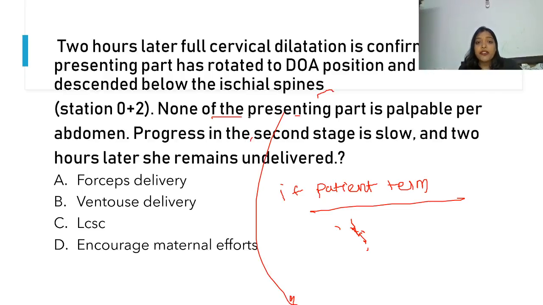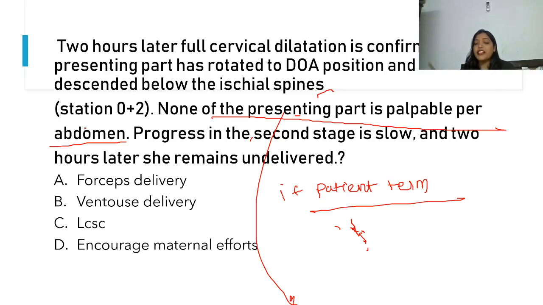Presenting part, none of the presenting parts should be palpable per abdomen. You should never palpate the fetal head per abdomen when you are putting forceps or vacuum. This you should practice even when you become a gynecologist in future. If any of you are planning to become a gynecologist in future, please keep in your mind, if you are